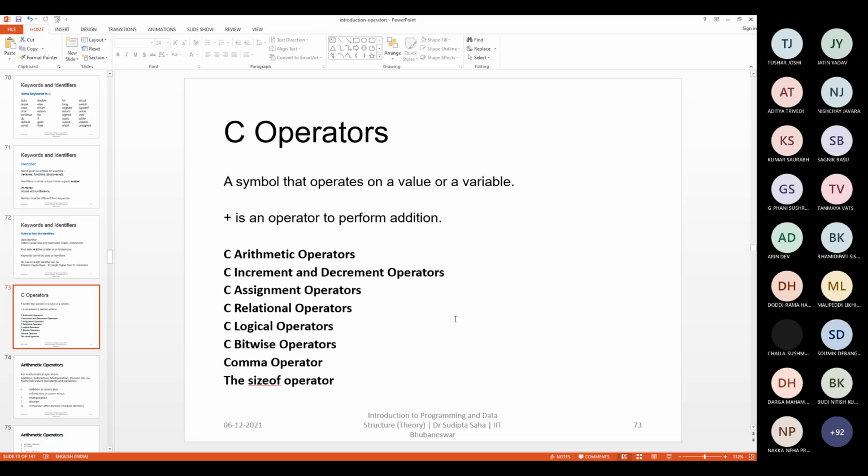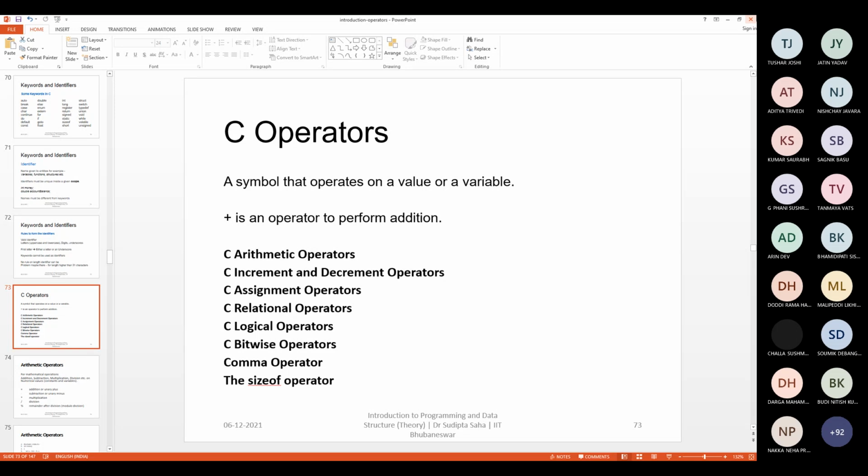So far, whatever you have done in C language programming is simply inputting and outputting. Inputs collect the data from the user, and outputs produce the data from the computer so that the user can see the result. That is printf for output and scanf for input. The basic operations are done using printf and scanf.